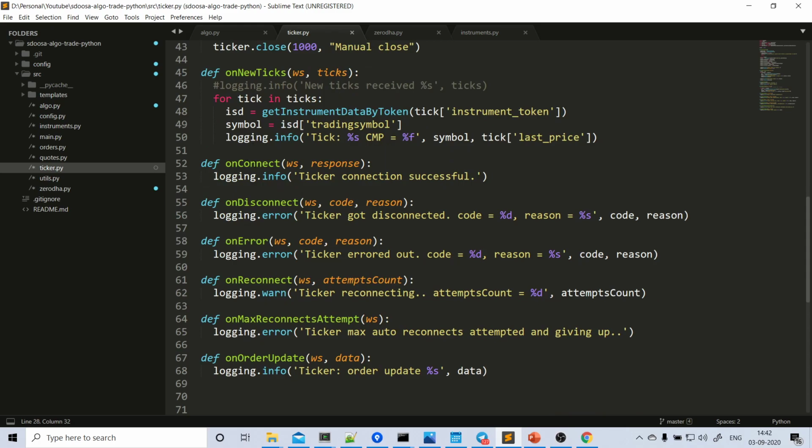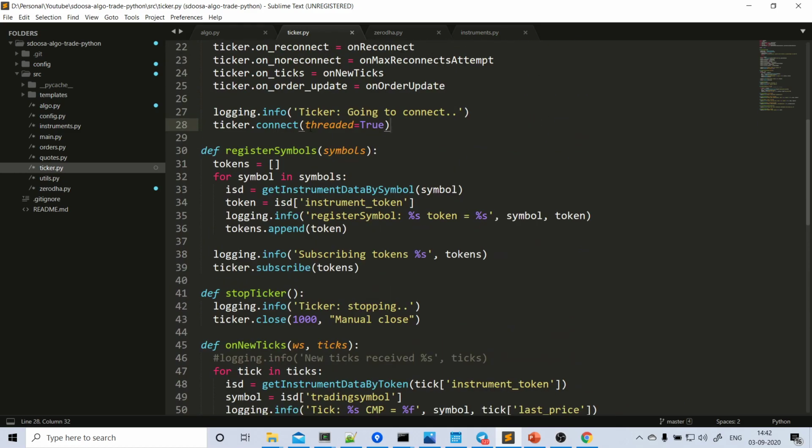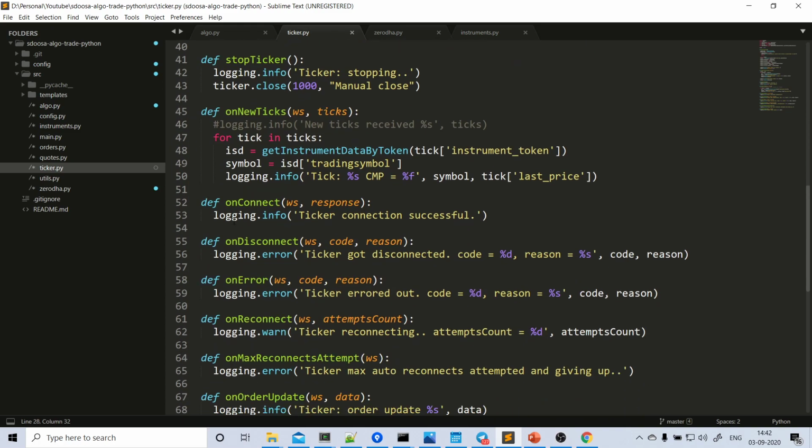Whenever your connection is successful, when I do connect here, after a successful connection this callback method will be called. This on connect method will be called by the Python SDK, which means our connection is successful. Only after this can you subscribe to tokens.